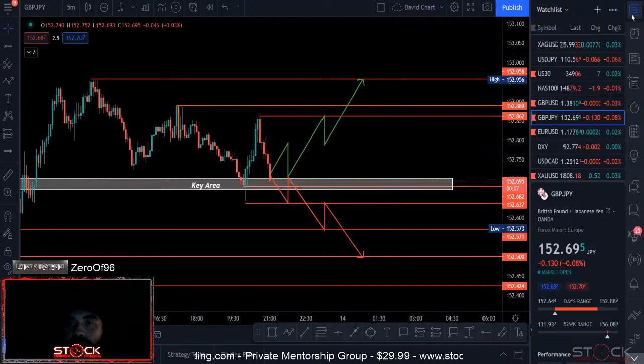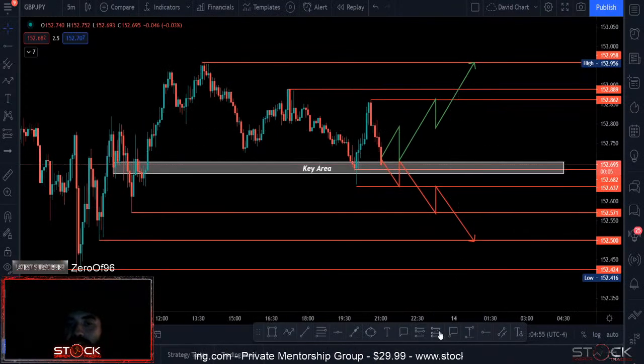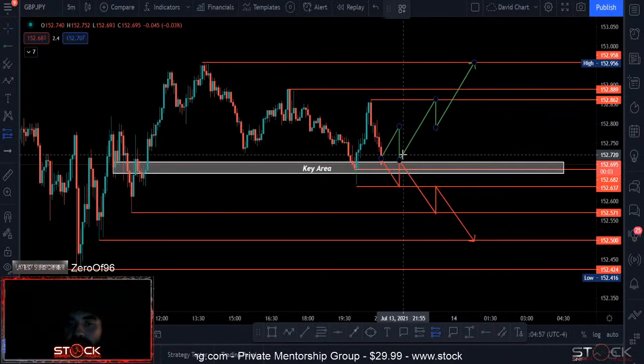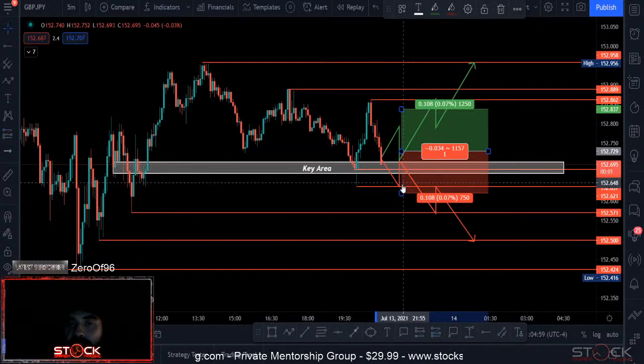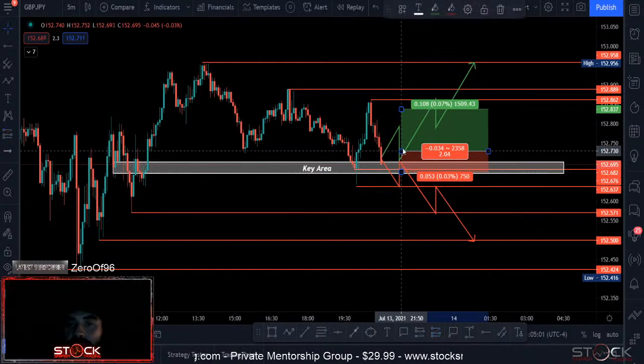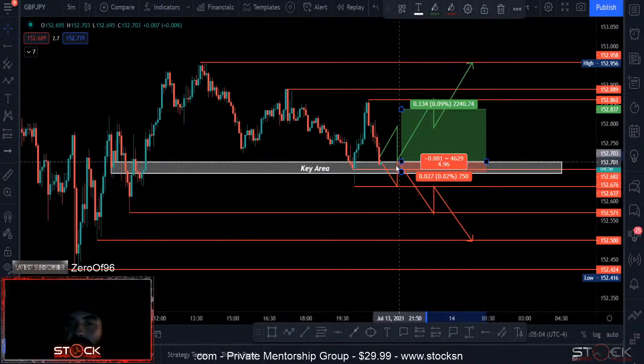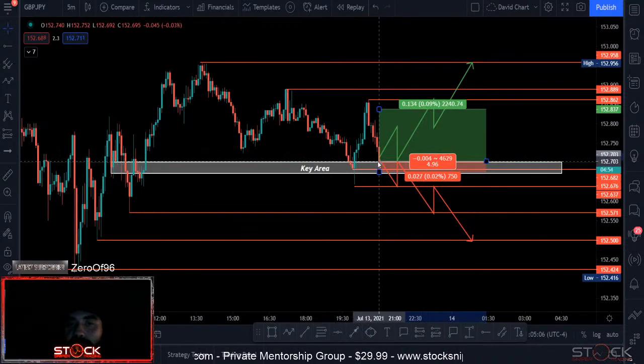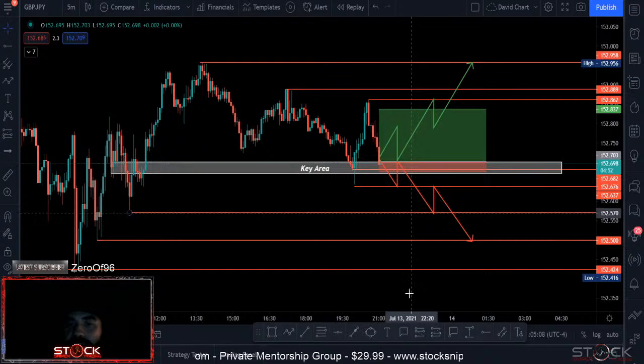So maybe I'll draw a take profit for you just so you guys can see. If it's going to be here, we're looking at getting the entry. I'm going to look for a buy right around this area right here. Keep it nice and tight. That would be the buy. If it's going to sell,